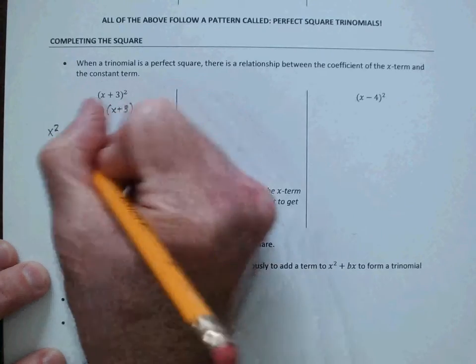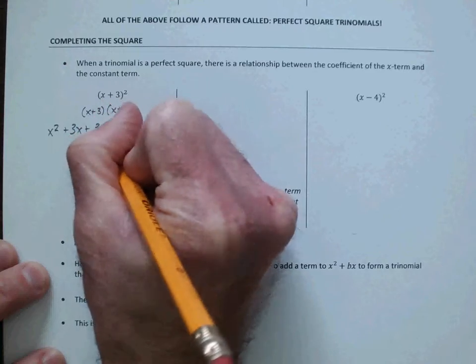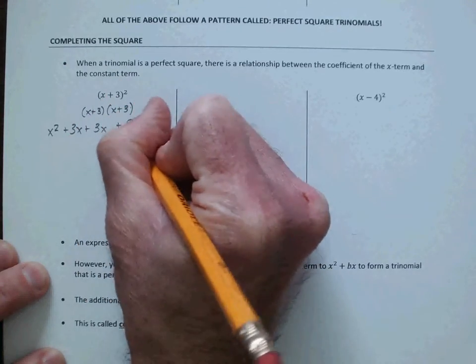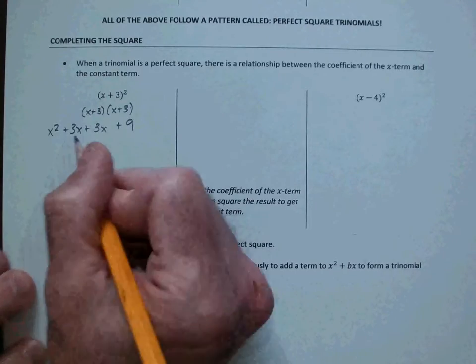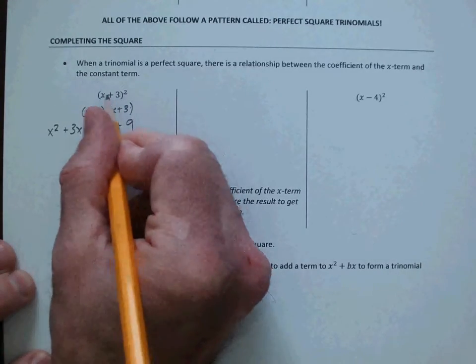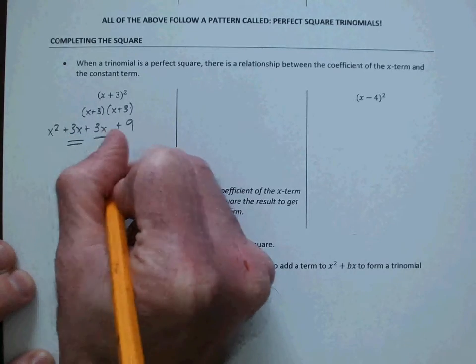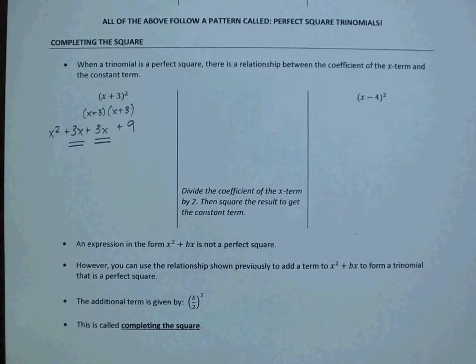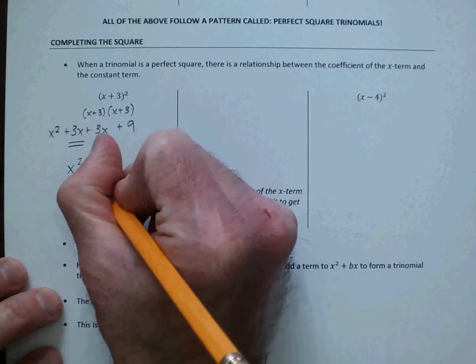X times 3 is plus 3x. 3 times x is plus 3x. And then 3 times 3 is plus 9. And take note, if this is written this way, the outer and the inner terms will be the same, and they will combine, and you will get x squared plus 6x